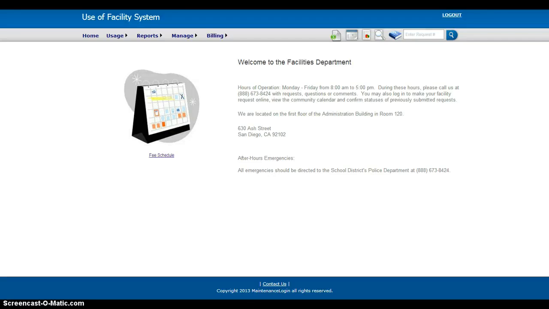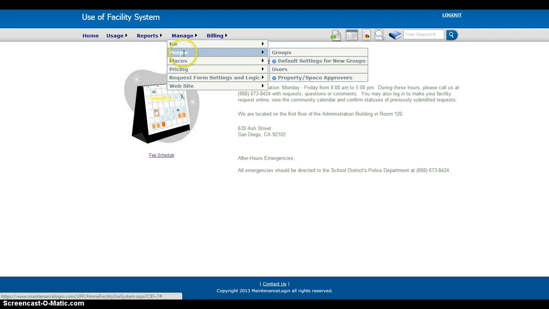We are logged in as a system administrator, and we are going to take a look at adding a new user or adding a new group. Normally the users themselves will be putting in this information, but there are some times when administratively it's just easier to do it yourself. To do that, we go to Manage, People,